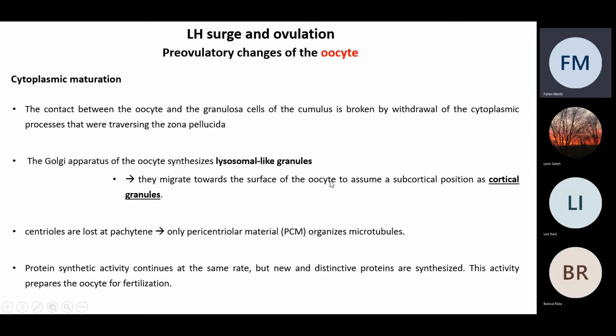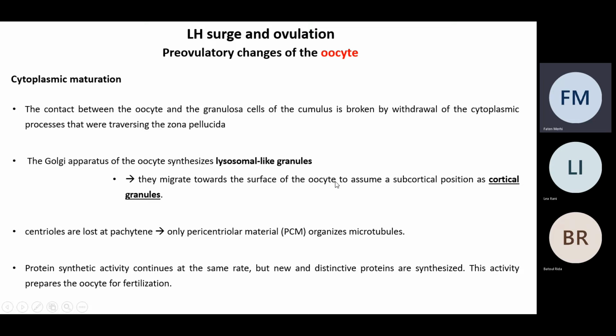So they will assume a subcortical position. Cortical means periphery, so they will have a subcortical position. They will be under the surface of the ovary, sorry, of the oocyte. And that's why we will call those lysosomal-like granules cortical granules. And those cortical granules, in fact,